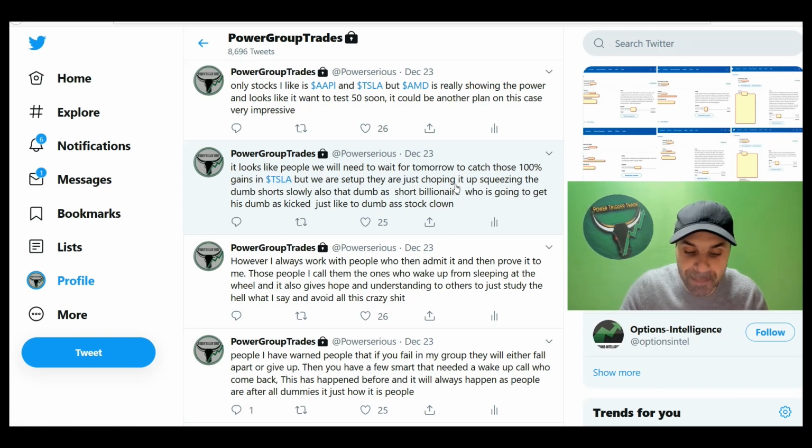They are just chopping it up, squeezing the shorts slowly, as well as some short billionaires. Anyways, I'm just joking around about the big money being squeezed like lemons instead of Tesla and everything like that. Again, it's also about being able to adapt to understand what a real trend is and why you want to be holding, that Tesla is not too high, that Tesla can go higher. All right, that being said,